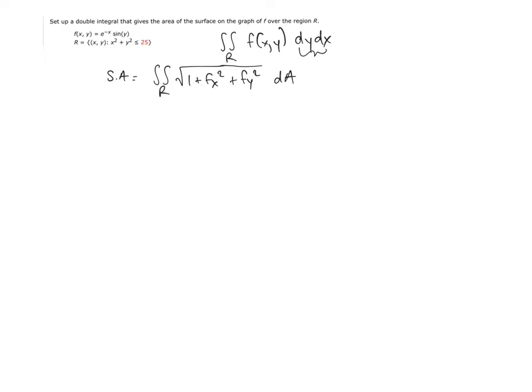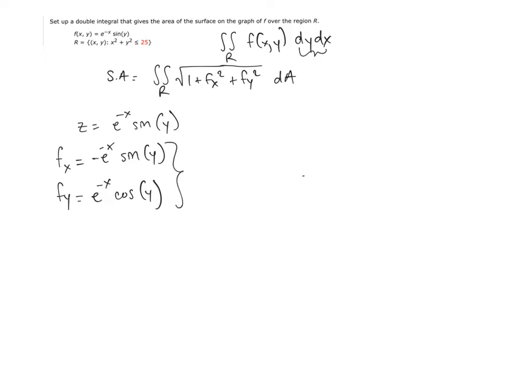So first things first, you have to find your partial of x and partial of y. So your z is that. The partial of x will be negative e to the negative x sine of y. Then the partial of y is e to the negative x cosine of y. Alright, now you can plug into the square root, 1 plus